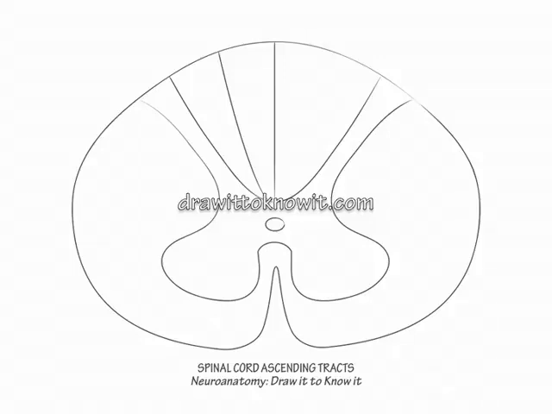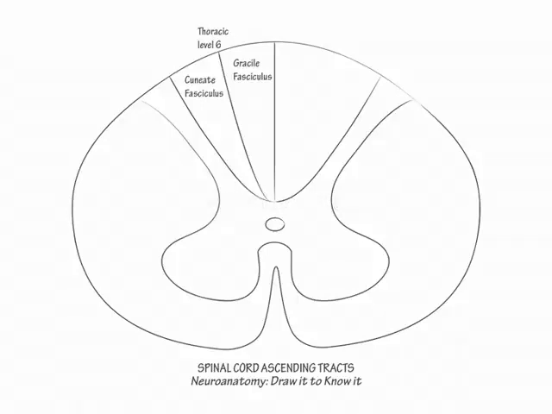Label the medial segment as the gracile fasciculus and the lateral segment as the cuneate fasciculus. Write thoracic level 6 over the posterior intermediate septum to indicate that the gracile fasciculus carries large fiber sensory information from the lower body, T6 and below, and the cuneate fasciculus carries sensory information from the upper body, T7 and above. A mnemonic for the gracile fasciculus is that ballerinas must have good sensory input from their feet to twirl